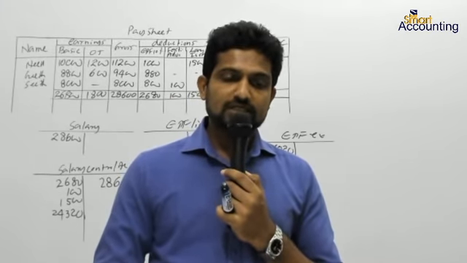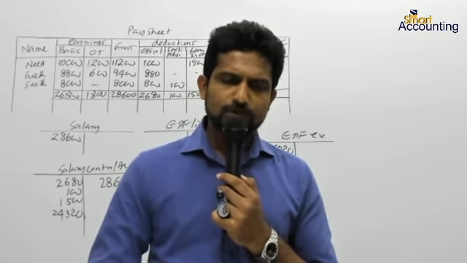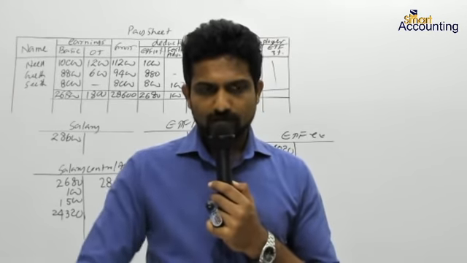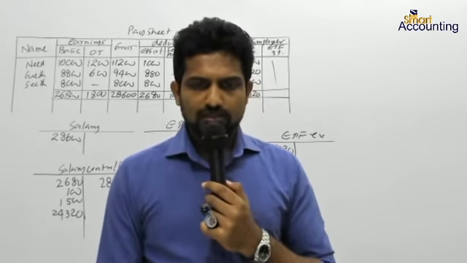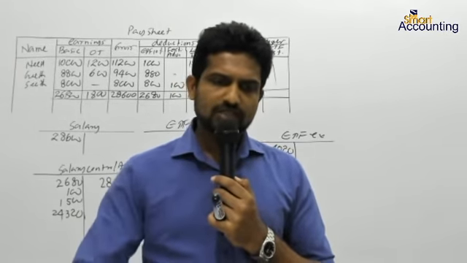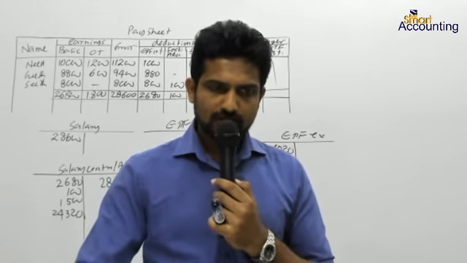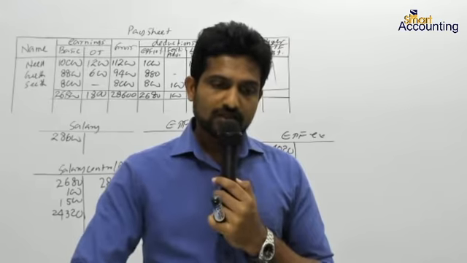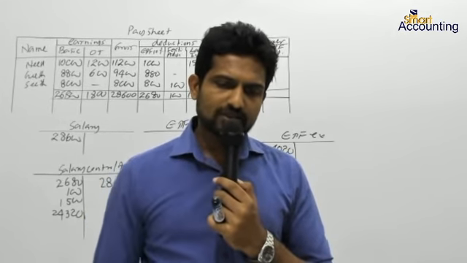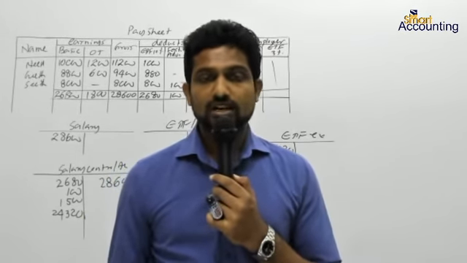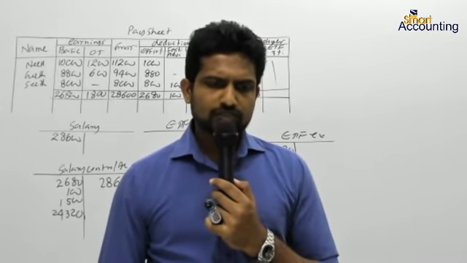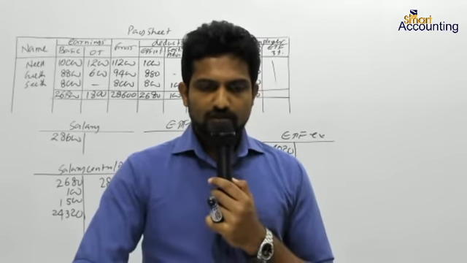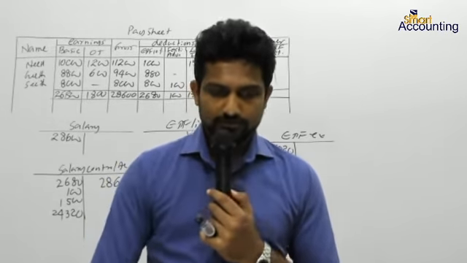Information pertaining to wages of Mohammed Limited for the month of February 2021 is given. Name of the employee, number of working hours, weekdays, weekends. Weekly wage rates are as follows. Weekday 40 hours per week at normal wage rate of rupees 100 per hour. Wage rates for overtime hours: weekdays rupees 150 per hour, weekends rupees 200 per hour.